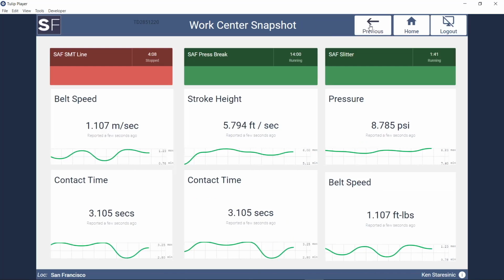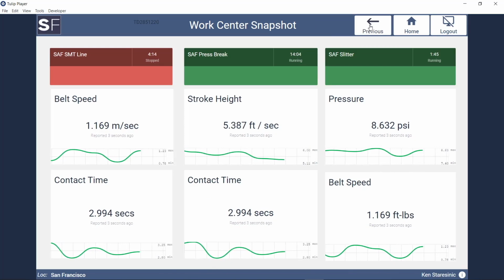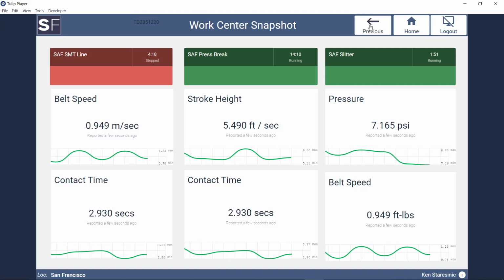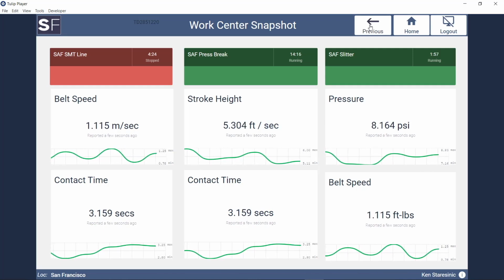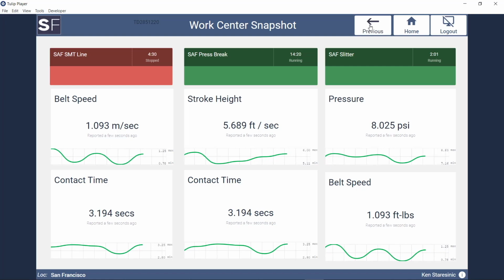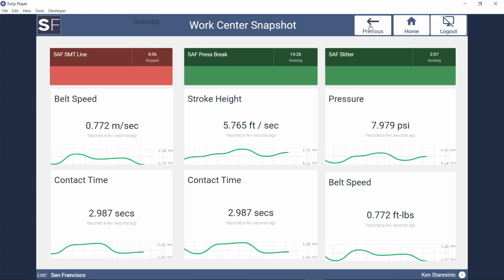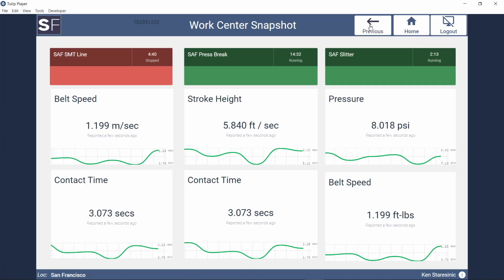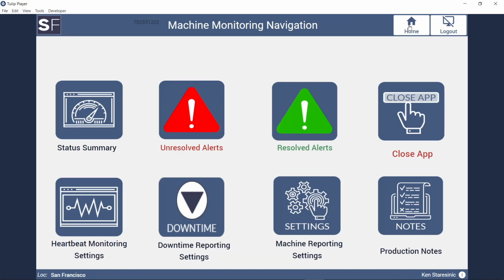The work center snapshot can be very helpful to provide visibility to an array of equipment, whether it's just a department or possibly multiple critical machines. You'll notice that the machine attributes down below allow you to track a variety of different elements that are important to monitor. We capture that over a period of time. That data feeds the analytics that you saw on the previous pages or can be incorporated here. If I return to my home page,